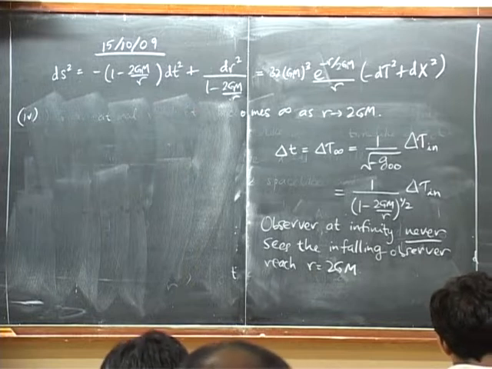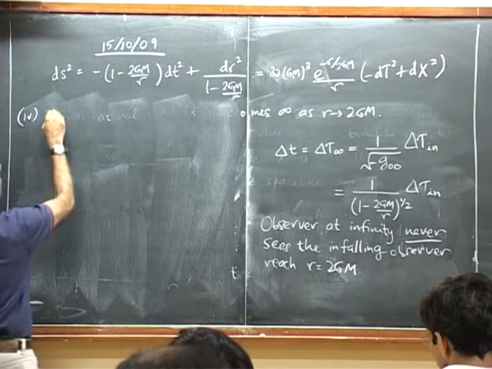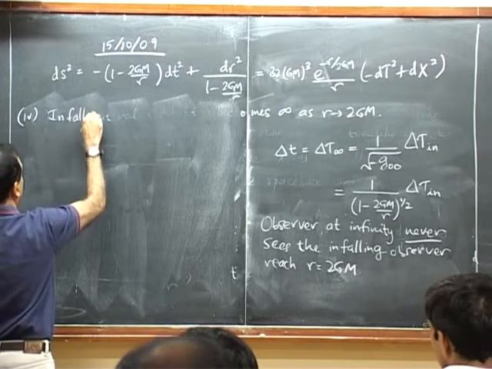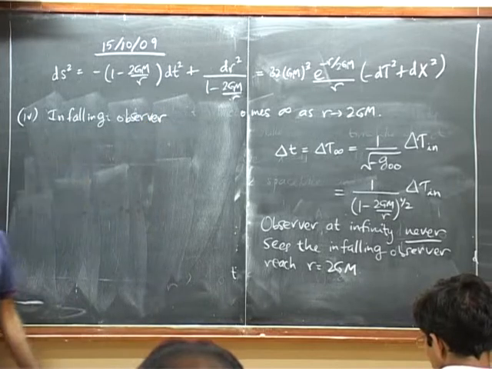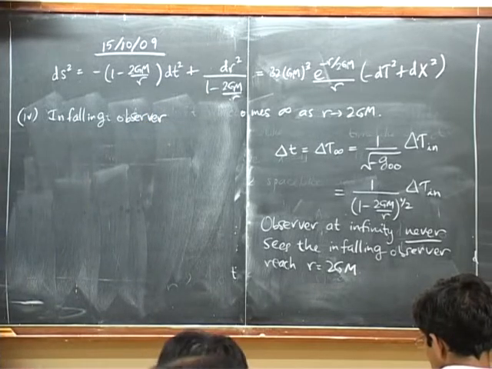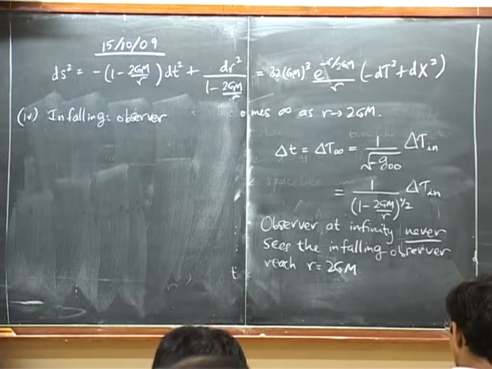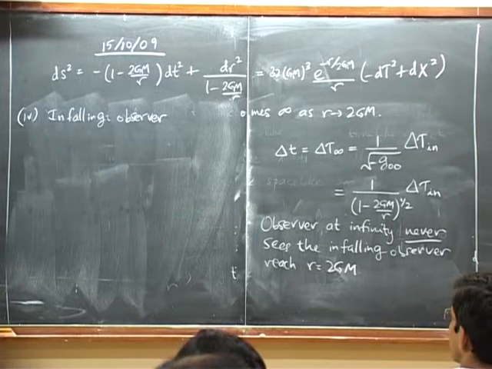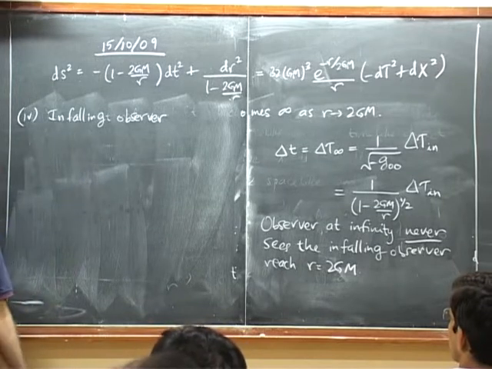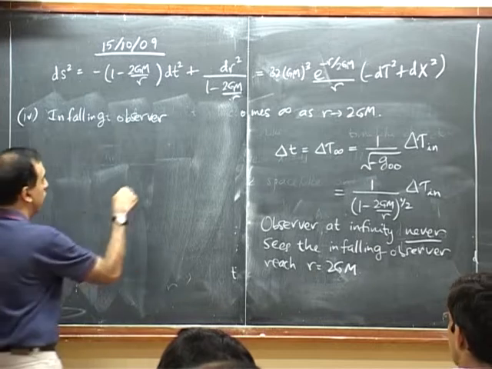The infalling observer finds a very strange, okay, first of all, the infalling observer can only experience things that are coordinate independent of our choice of coordinates. They have to be physical things, and therefore can experience curvatures. And it's an exercise which I'll put in your next, I think I've already put it in your next homework assignment, to compute the curvature of the Schwarzschild metric, and nothing special happens to it at r equals 2GM. Okay, so I'll write the value in a minute.